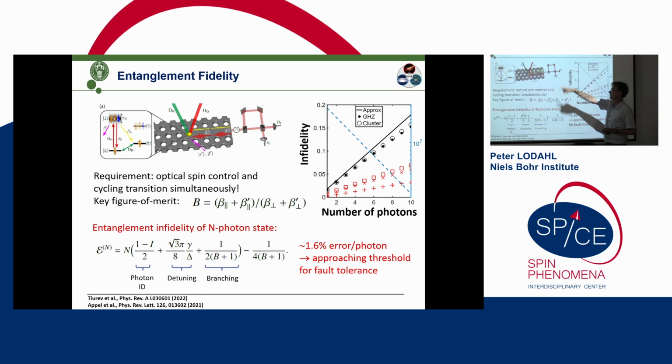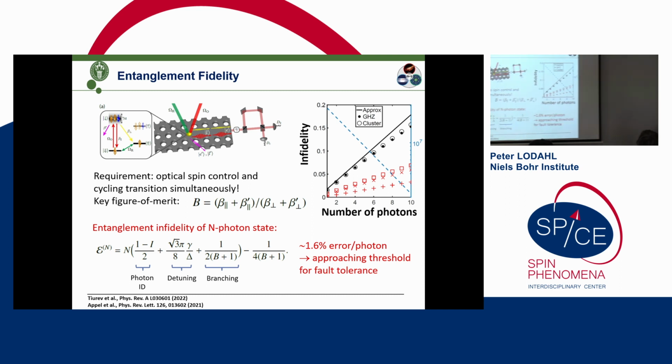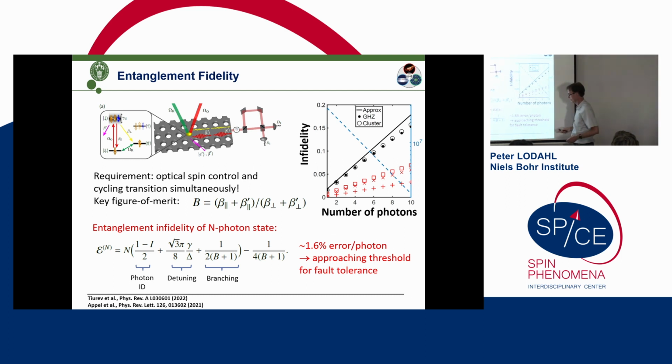And it turns out in photonic crystal waveguides you naturally have this asymmetry between the transversely polarized transition, which would be that transition, and a transition like that along the waveguide, which would be this transition. The asymmetry of the waveguide naturally gives a large branching ratio, which is the key parameter in the infidelity. So if you put in numbers here, for real experimental numbers, we get down to 1.6% error per photon,